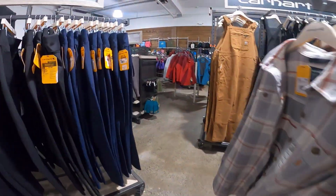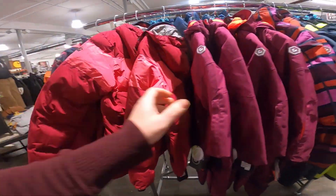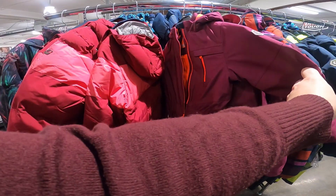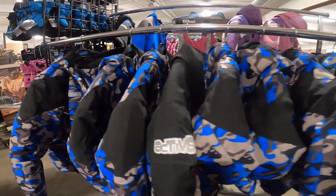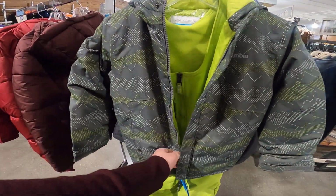They also carry a lot of Carhartts and Carhartt clothing. And of course, the reason we are here, snow clothes. They carry many great brands of snow clothes, including their Activate brand, as well as lots of boots and gloves. Their online store is also a great place to browse if you need snow gear, and I will include it